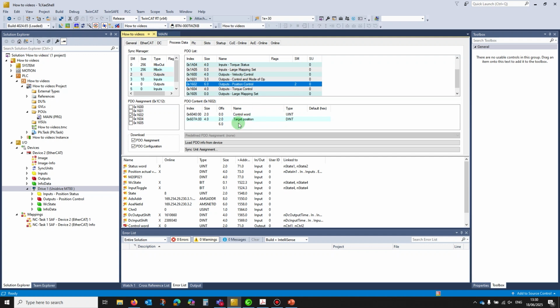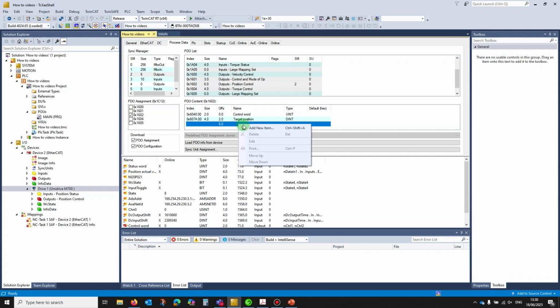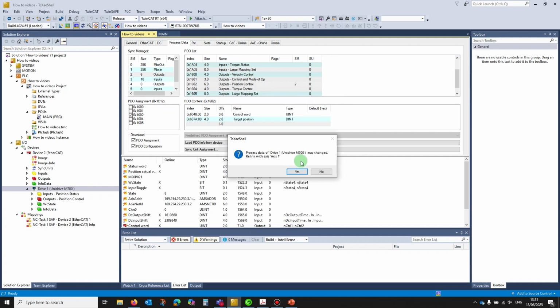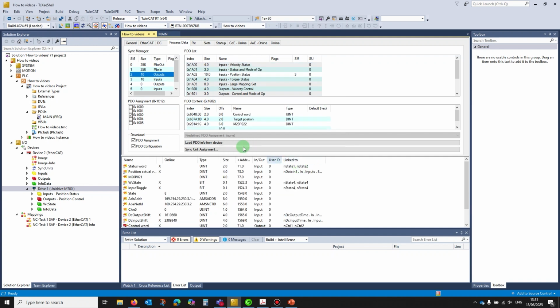Okay. So I'm going to select an empty space, right click, add new item. And now let's do the same thing again, but for 2022. So it's M20P022. Same again here, so it's 2014. And then this one, instead of being 21, it's 22. Data type is dint, exactly the same. So there we go. So that's basically the process of making the PDO mapping,